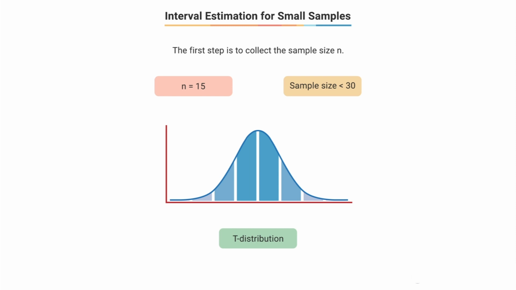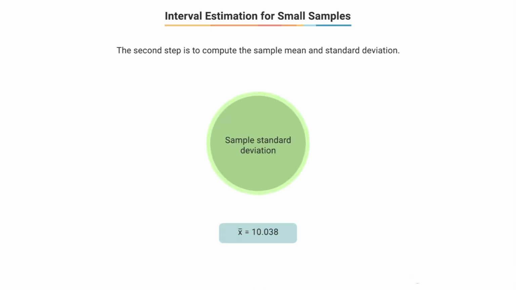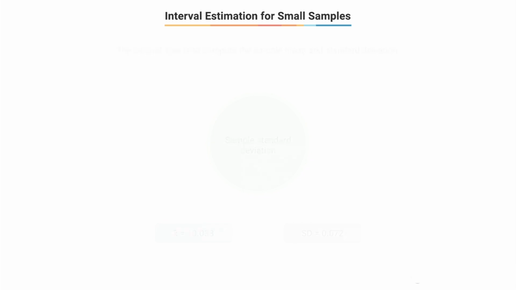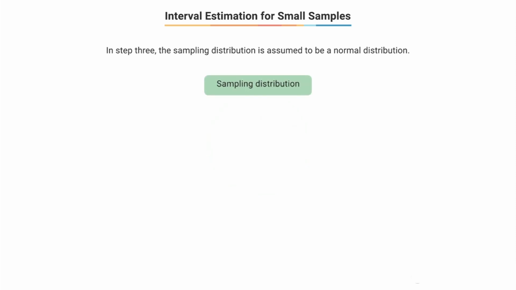Let's move to step 2. Step 2 was to compute the sample mean and standard deviation. Since the population standard deviation is not known to us, we are estimating this with the sample standard deviation. Again, the values of the sample mean x bar and the sample standard deviation s are 10.038 and 0.072. Coming to step 3, earlier you learned that step 3 was where we assumed our sampling distribution was a normal distribution. However, since we are dealing with a smaller sample, in our case the sampling distribution will follow the